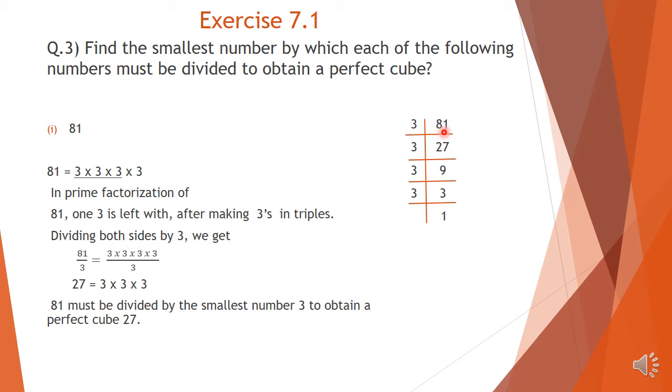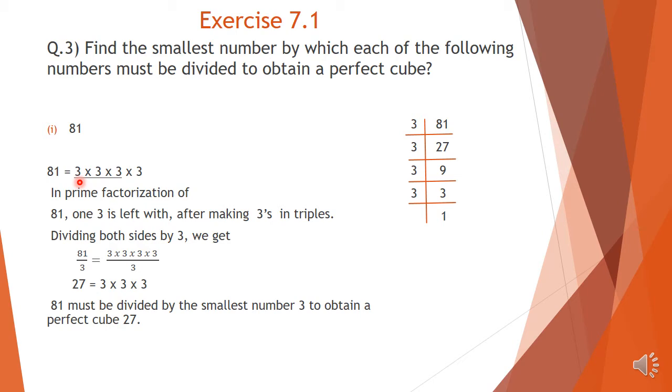In 21, how many 3's are there? 7 3's are 21. Now the number is 27. In 27, how many 3's are there? 9 3's are 27. And 9 getting time, we write here 3. 3 3's are 9. And here now number is 3. And 3 coming time, we write 3 1's are 3. So the prime factorization of 81 is equal to 3 into 3 into 3 into 3. These side numbers we are writing here.